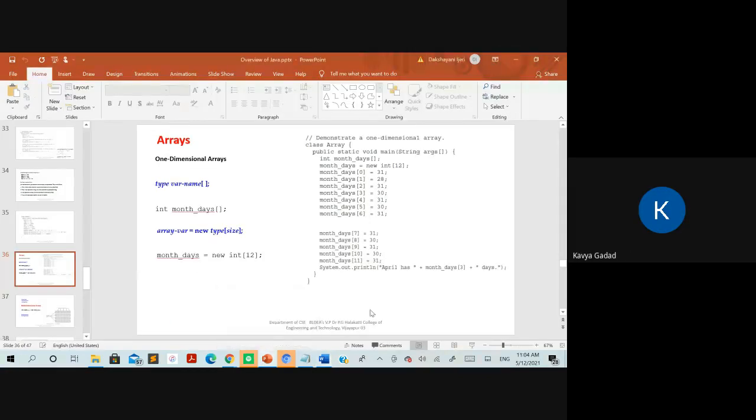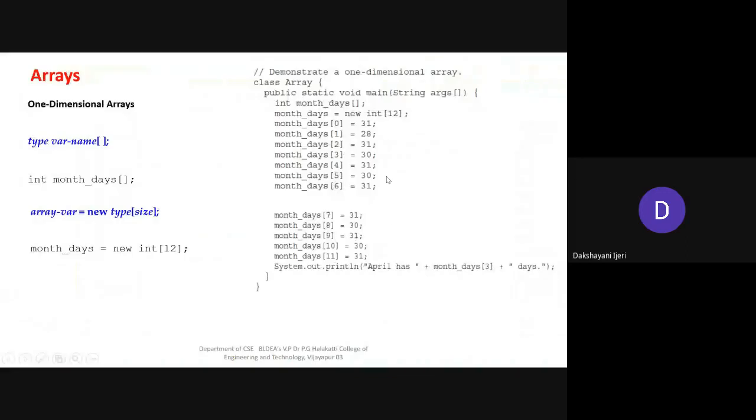Yes. Okay, so coming to this example here, the same thing has been done. Whatever I have explained there using only 5 as a size and the name of the array being A, here they have taken the array variable as month_days followed by the size 12. So that means you can store how many elements into it? 12 elements. But from which index value does it begin? It is 0 till 11, right? So one value less than that. These are all the values that have been stored into this array here.